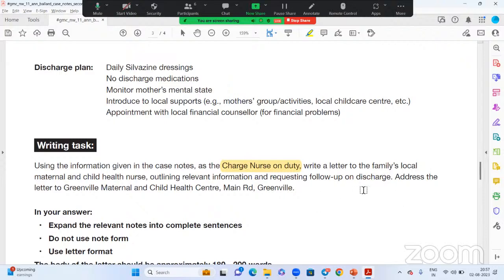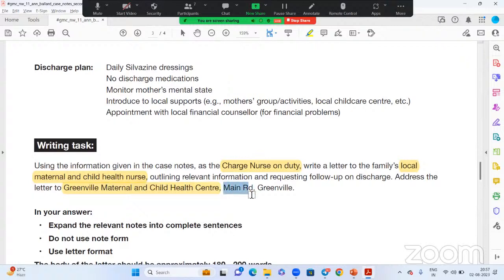Remember, you're writing to the family's local maternity and child health nurse. She is working in Greenville Maternal and Child Health Center,